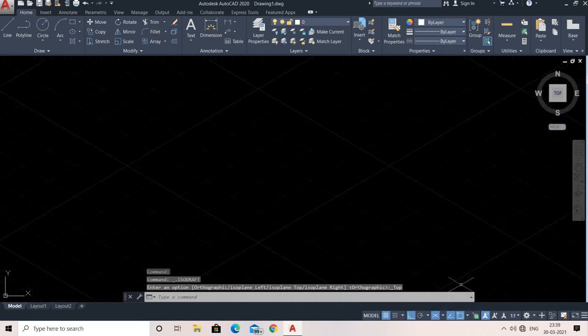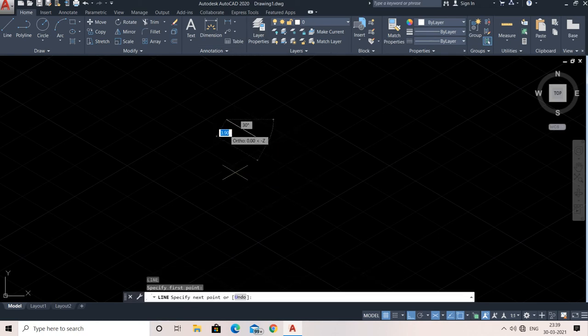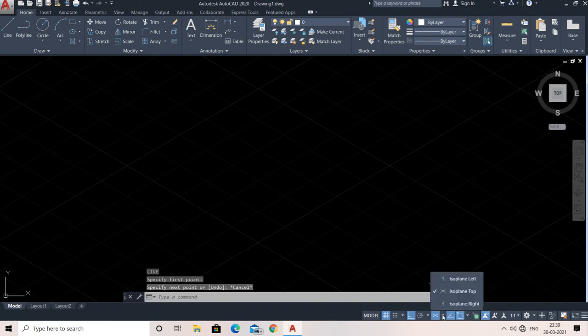It is already ticked. If you want to create any isometric view, you can create like this. See, if I'm going to create one line, it will be like this. Here you have seen it has 3 points, meaning 3 classifications.